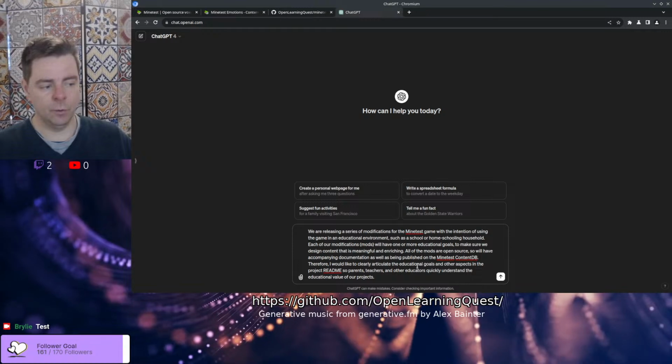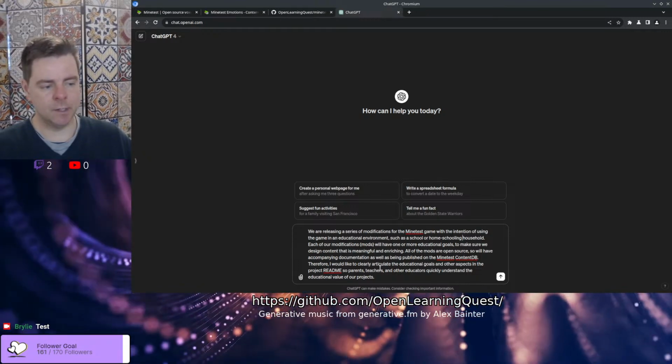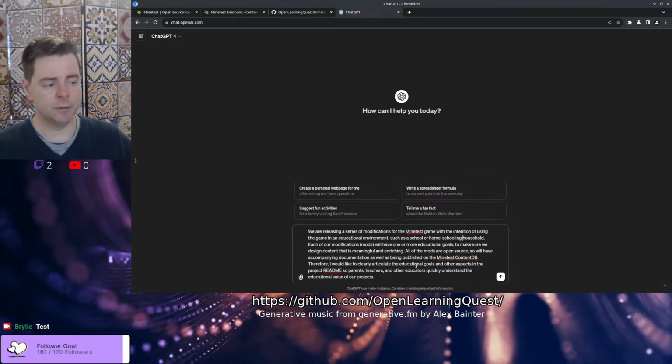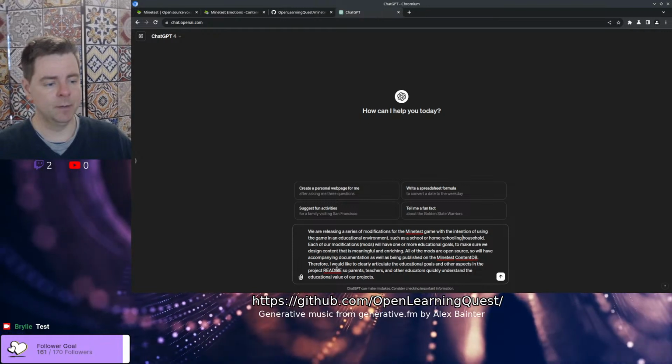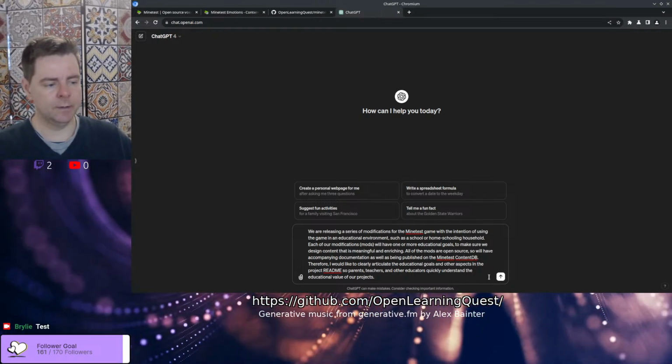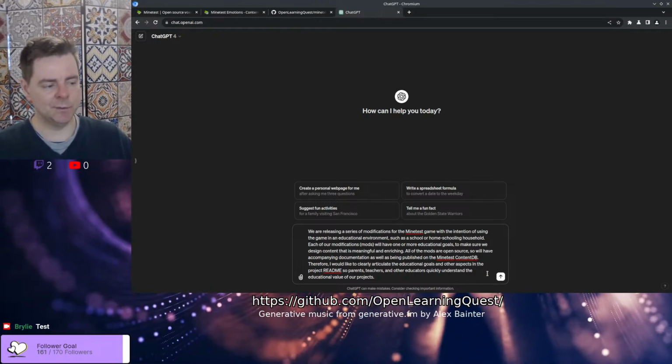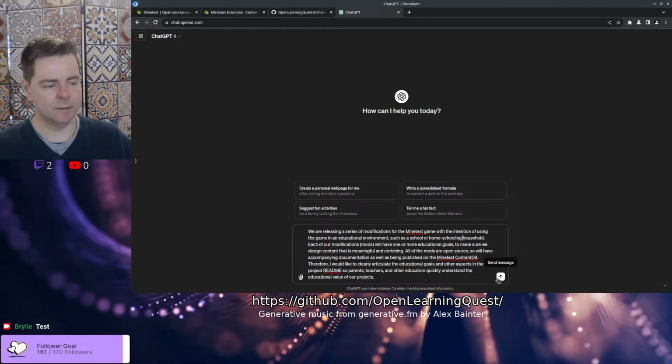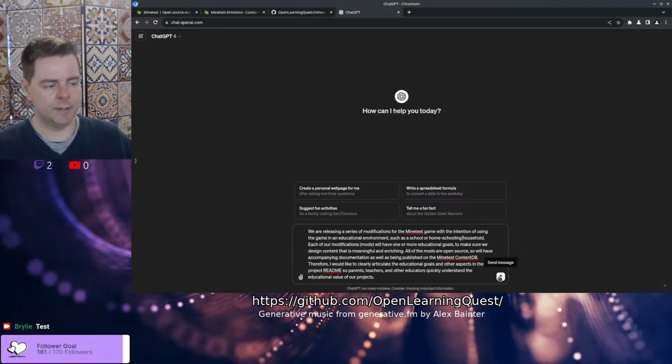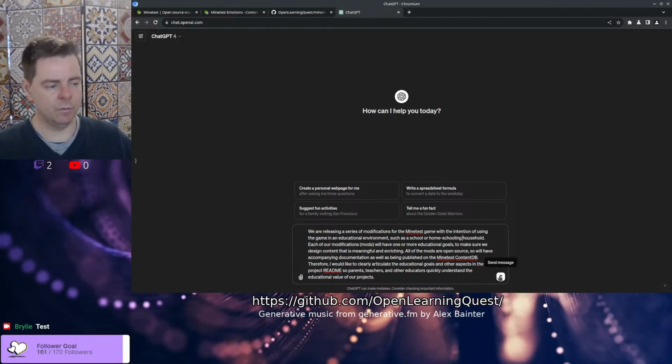All of the mods are open source, so we'll have accompanying documentation as well as being published on the Minetest Content DB. Therefore, I would like to clearly articulate the educational goals and other aspects in the project README so parents, teachers, and other educators quickly understand the educational value of our projects.